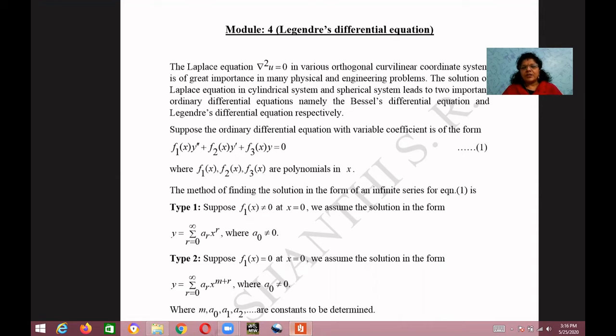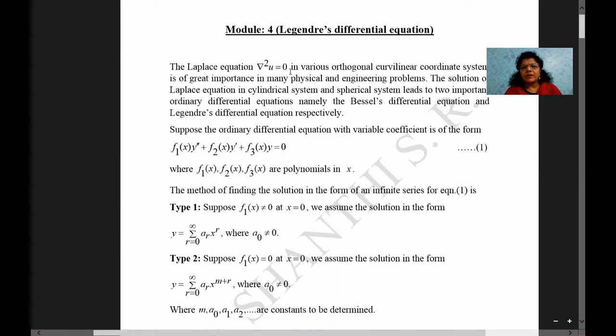All differential equations we cannot solve analytically. For some of the differential equations, we may get a series solution. Such equations are the Bessel differential equation and the Legendre differential equation. How do we get the Bessel and Legendre differential equations? That's from the Laplace equation